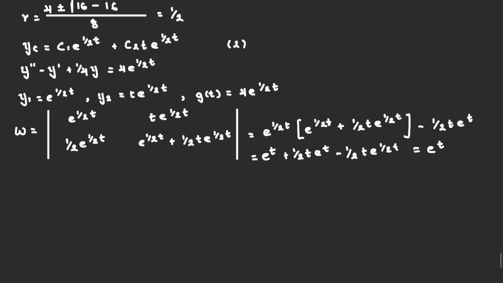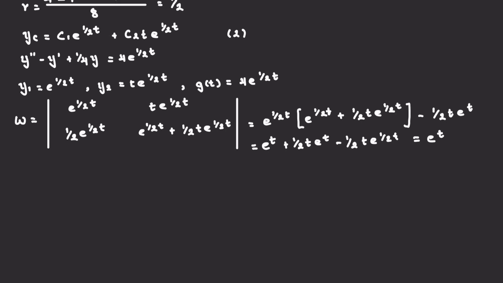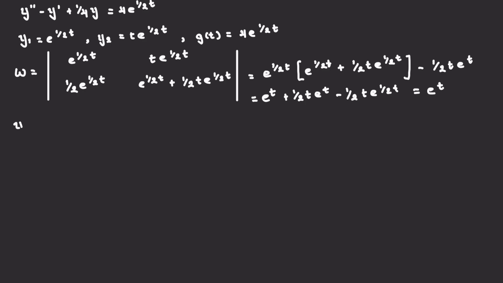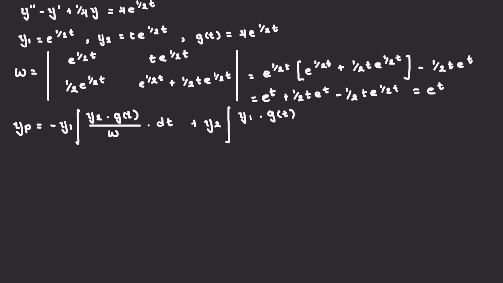So we have all of our factors here, or all of our inputs that we will need to put into the non-homogeneous part formula. And let's write down our non-homogeneous part formula so we don't forget. Yp is equal to negative y1 multiplied by the integral of y2 times g of t over the Wronskian, multiplied by d of t, plus y2 multiplied by the integral of y1 times g of t over the Wronskian, and multiply everything inside by